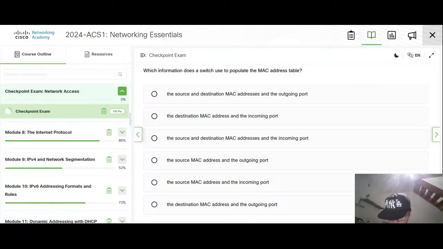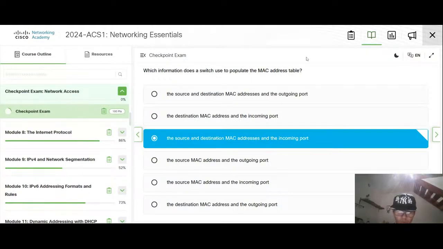Of course, firstly it is the source, and the incoming port, of course. So we use this.